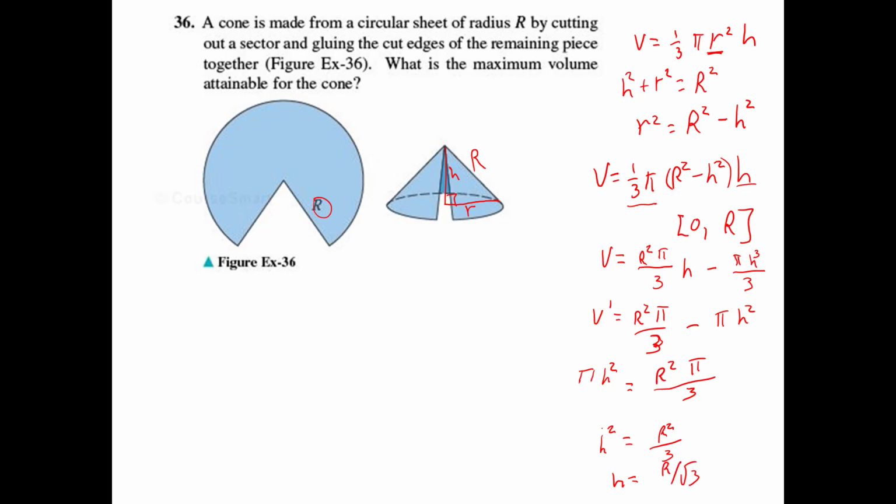And so then what is the maximum volume? This one is not asking us for the r, it's asking us for the maximum volume. And so then the volume, you can't plug this into your calculator. You figured out that your r value is r over the square root of 3. So you come over here to this formula and you substitute in your r over the square root of 3. So then it is